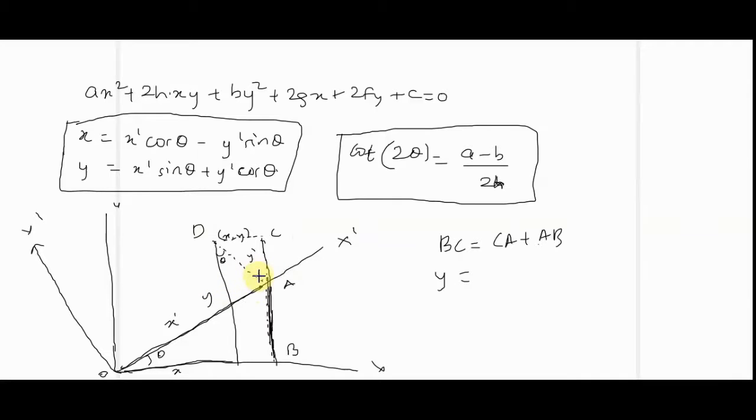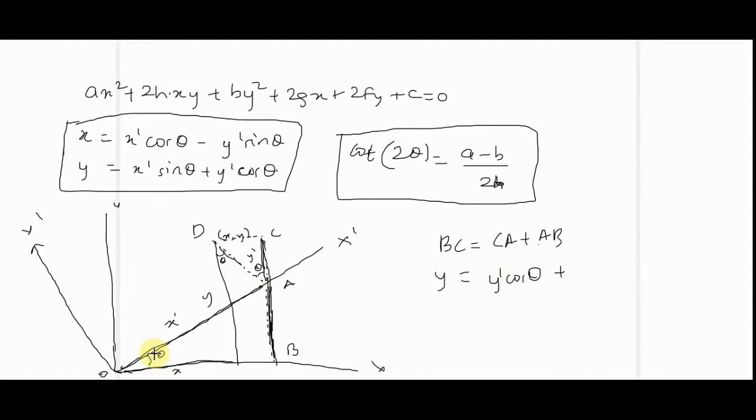So that gives us this is 90 minus theta, this is theta. Okay, these lines are parallel, I drew it very badly, that's why it's looking very weird. So we are interested in AC. We know this is y prime. So from this triangle ACD, we have that CA is y prime cos theta.